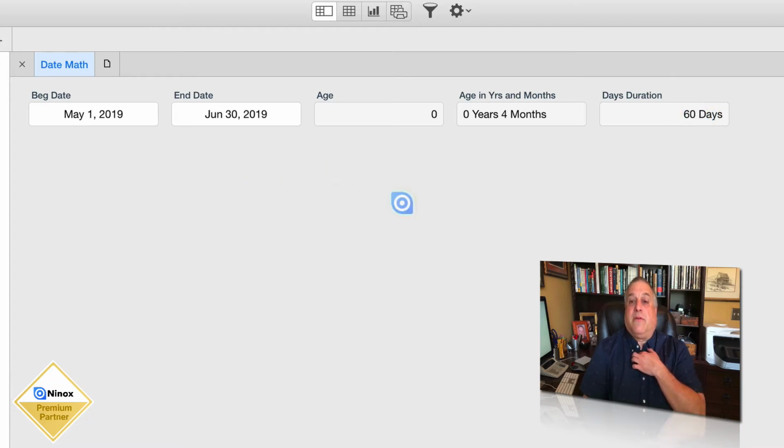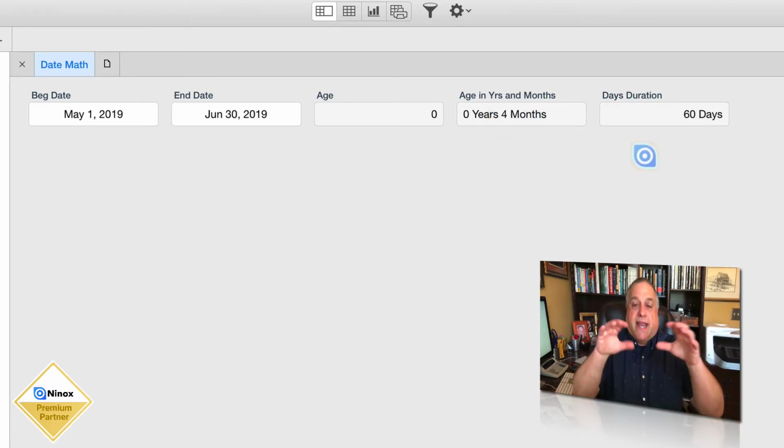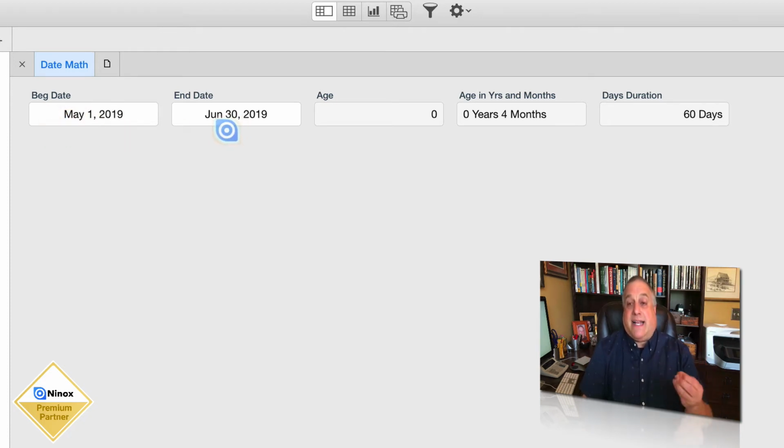This is not the number of days aging from May 1st. That's 4 months. This is the number of days within a closed period of time, a period of time that has a defined begin date and a defined static end date. So we have the age function, which will tell us how old something is based on a single date up